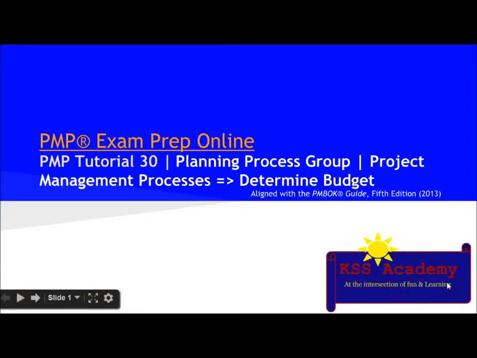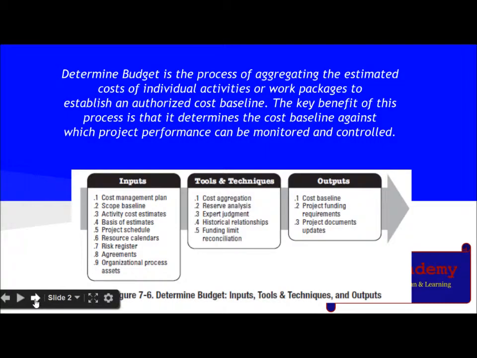Hello people, today we are going to learn about the planning process group, project cost management processes: Determine Budget. Determine Budget is the process of aggregating the estimated cost of individual activities or work packages to establish an authorized cost baseline. The key benefit of this process is that it determines the cost baseline against which project performance can